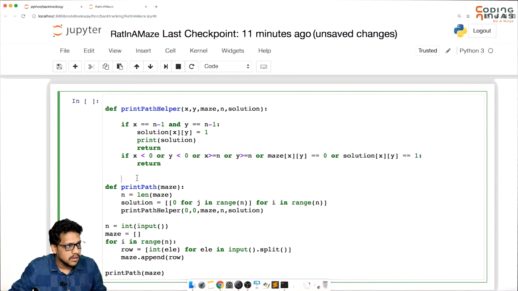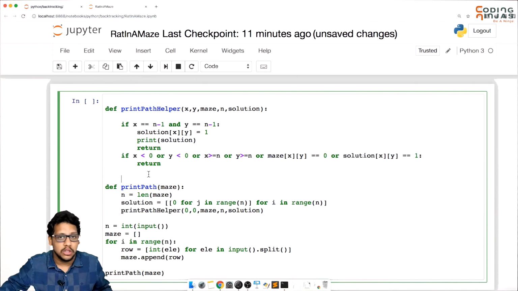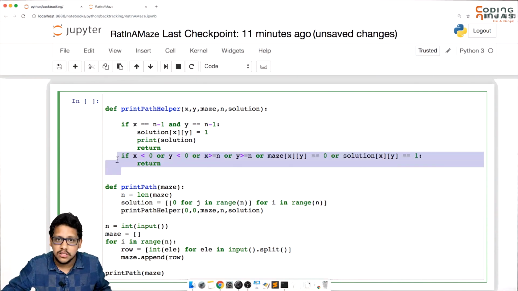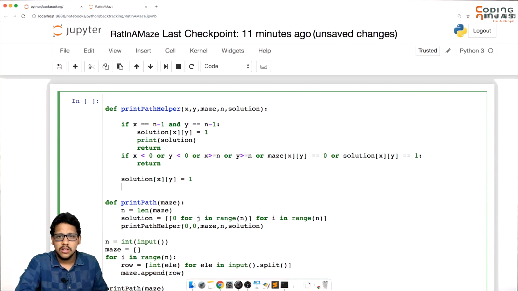If you have remembered this, now you are not at a blocking point. That means you need to explore all the paths. You have overcome all the 6 blocking points. That means you can include yourself in the path, that means you can do solution at x, y equal to 1. Now you need to explore in all the 4 directions. And how will you explore? You will change these values.